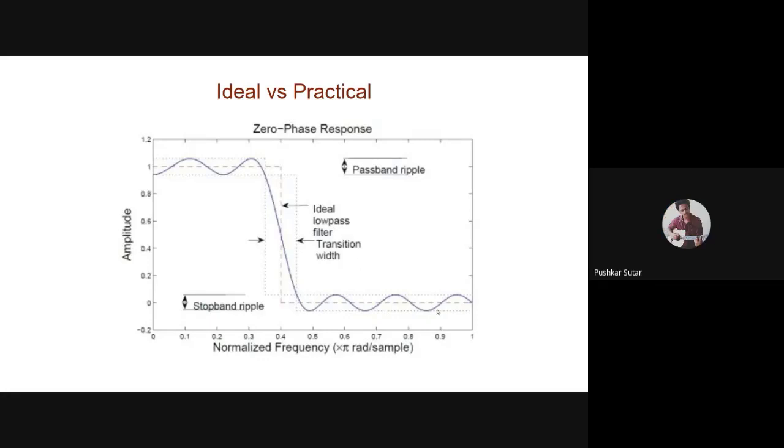So one thing to notice here is that there is an abrupt transition between pass band and stop band, correct? It falls directly from top to bottom. This is like a square wave kind of thing you are seeing here. The transition is a square transition. There's an abrupt transition between pass band and stop band, or stop band to pass band if you choose to go from left to right, if you're an Urdu fan, whatever.